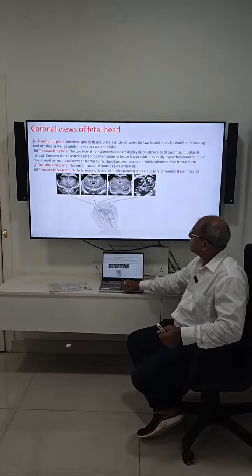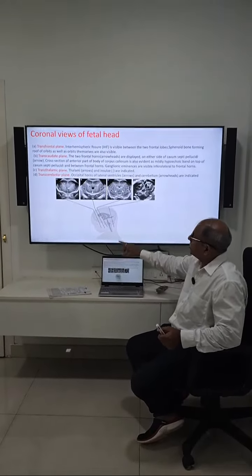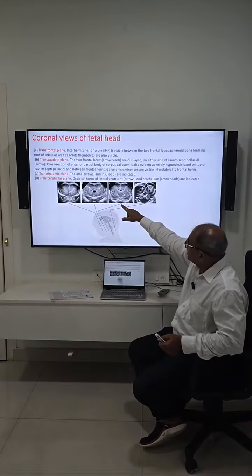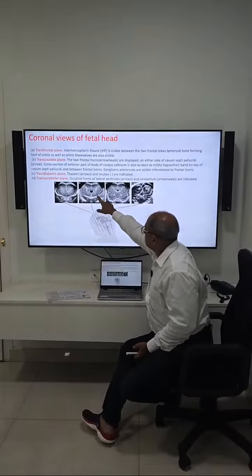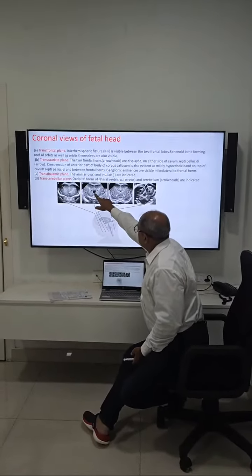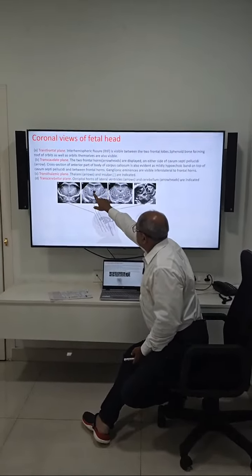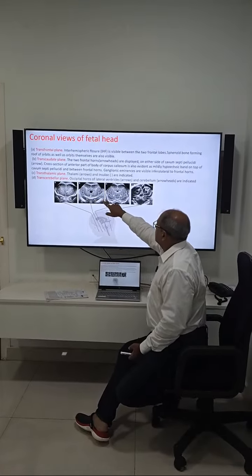This is the area where the coronal section at frontal, this is the coronal section at the caudate nucleus, these are the caudate nucleus. This is the corpus callosum. This is the cavum septum. And again, if you go below, the transthalamic